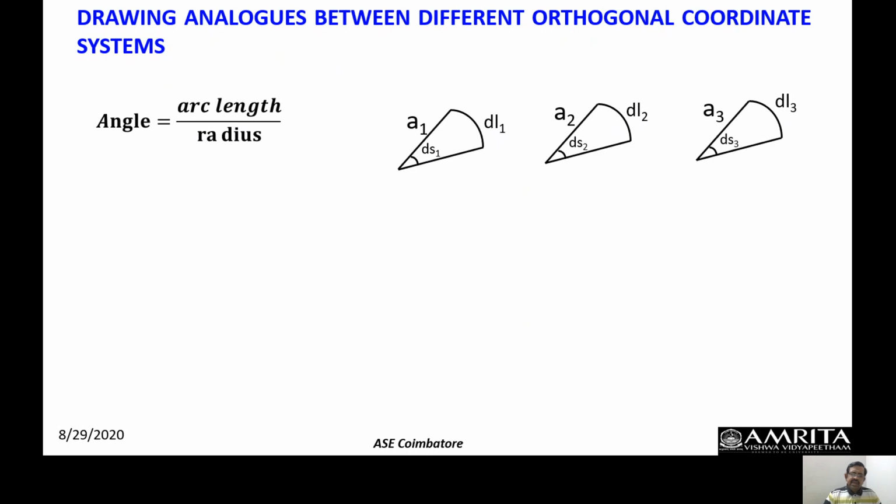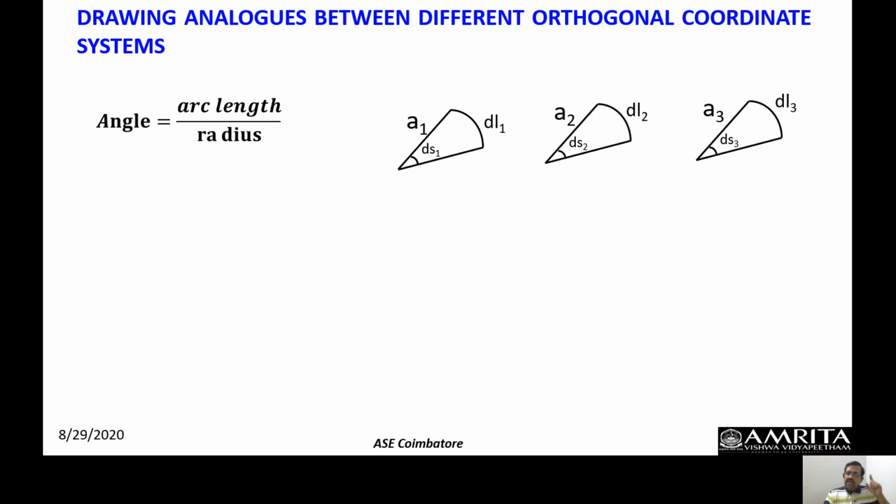Then I can write it as dl equal to dl1 L1 hat plus dl2 L2 hat. That is, I am making a moment of dl2, infinitesimal displacement. dl stands for elemental length along the direction L2, plus dl3 L3 hat. So this is the infinitesimal displacement in a generalized system. I want you to keep in mind that a1, a2, a3 are linear parameters, and ds1, ds2, ds3 are angular parameters.